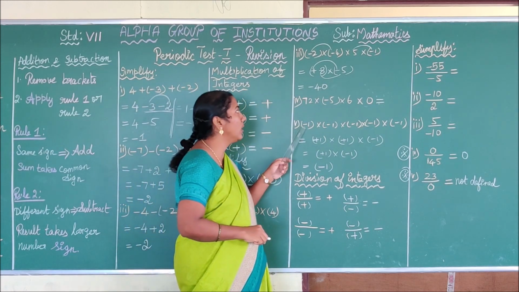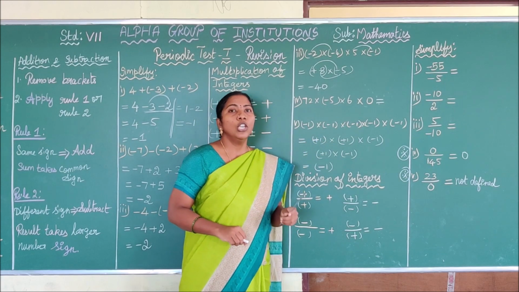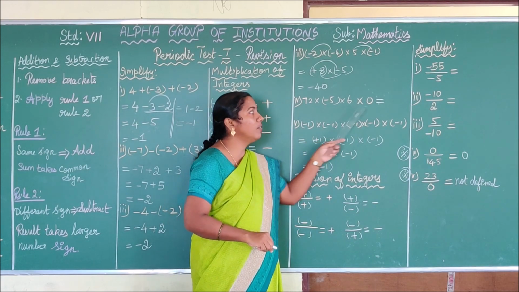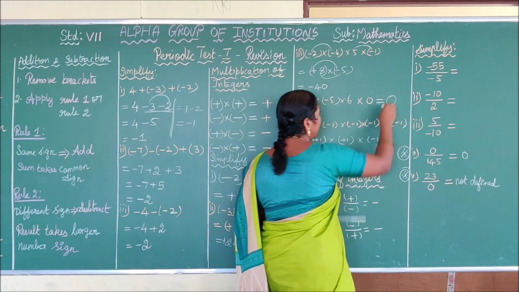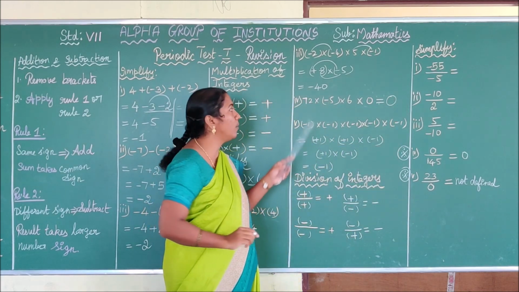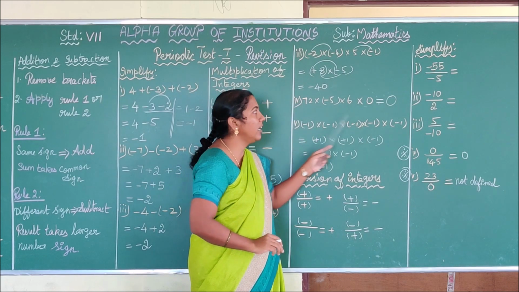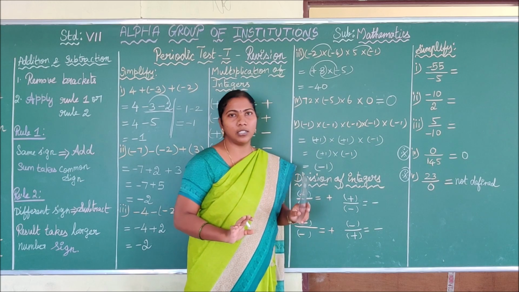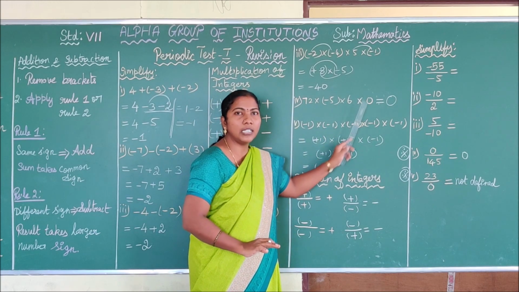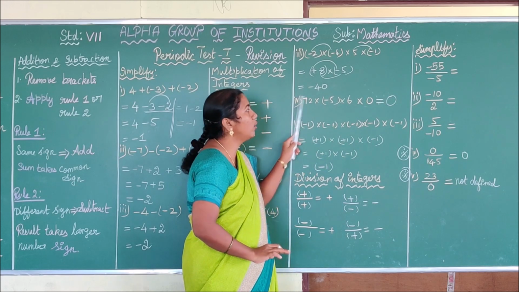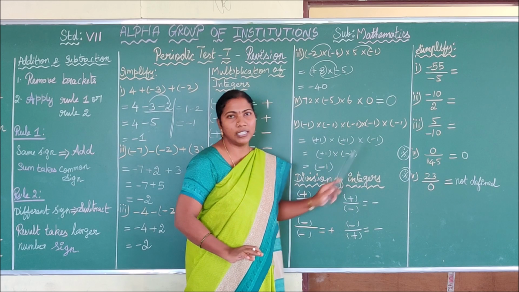Okay. See here next one. Minus 72 into minus 5 into 6 into 0. If you multiply any number with 0, your answer is 0 only. So if the question comes like this, no need to multiply the 72 with 5 or minus 5 with 6. Okay. You straightly write the answer 0 as this. No need to multiply these sums. You straightly write the answer 0. Okay. Is it clear, children?